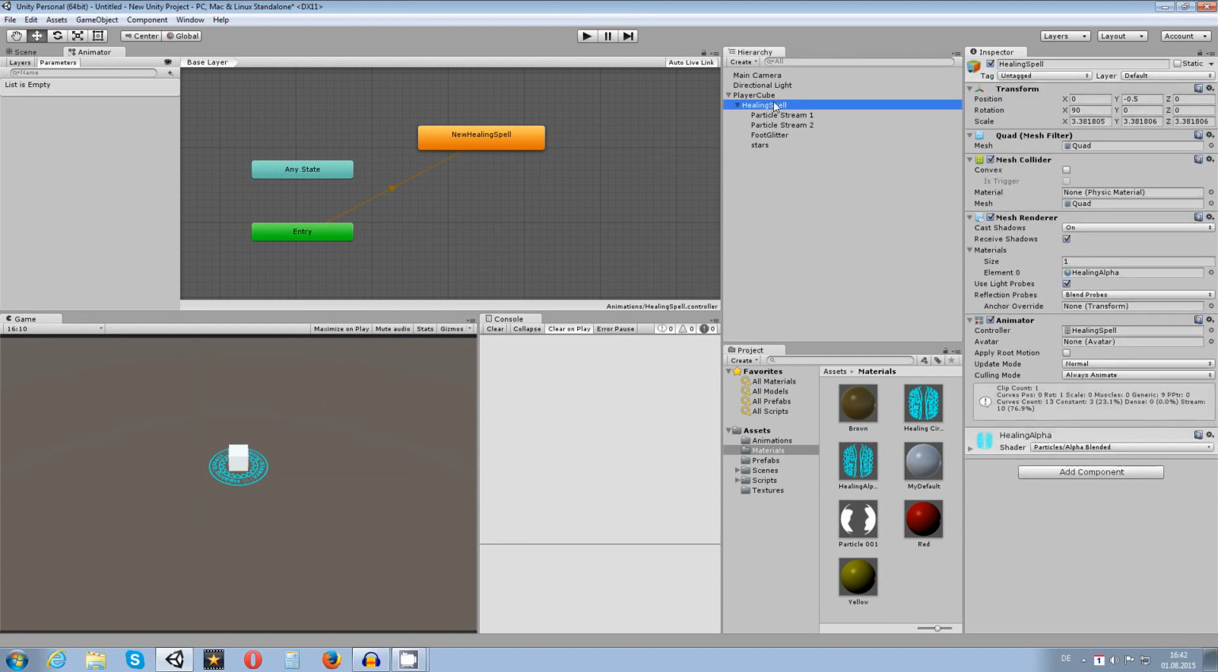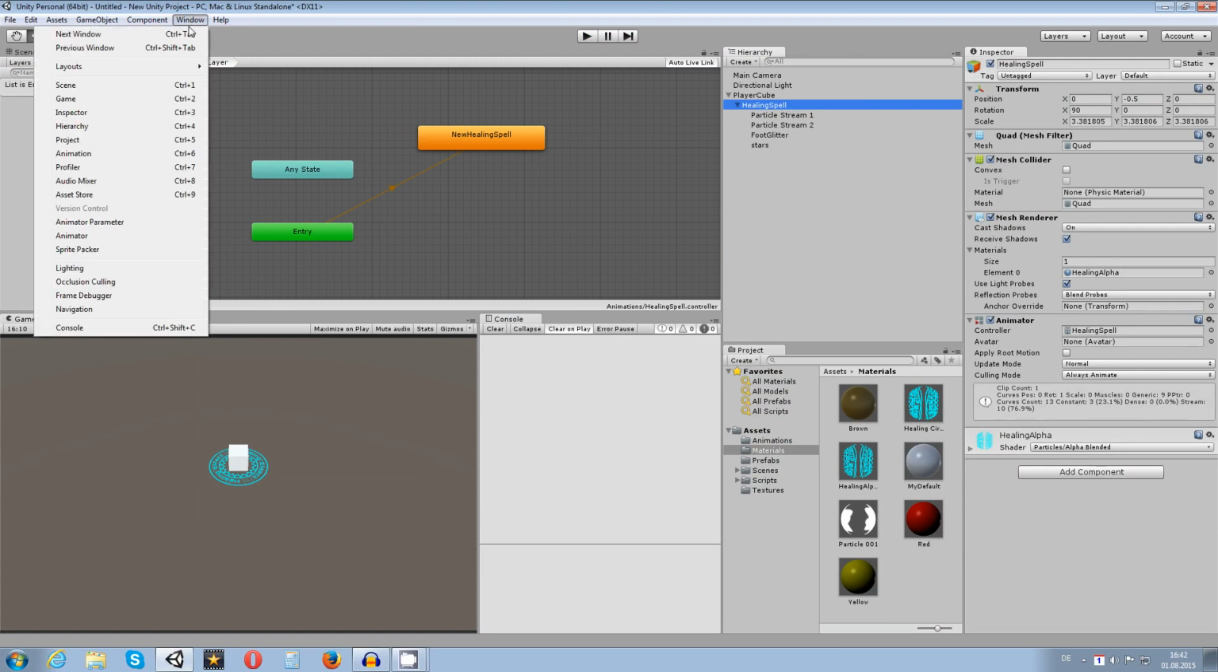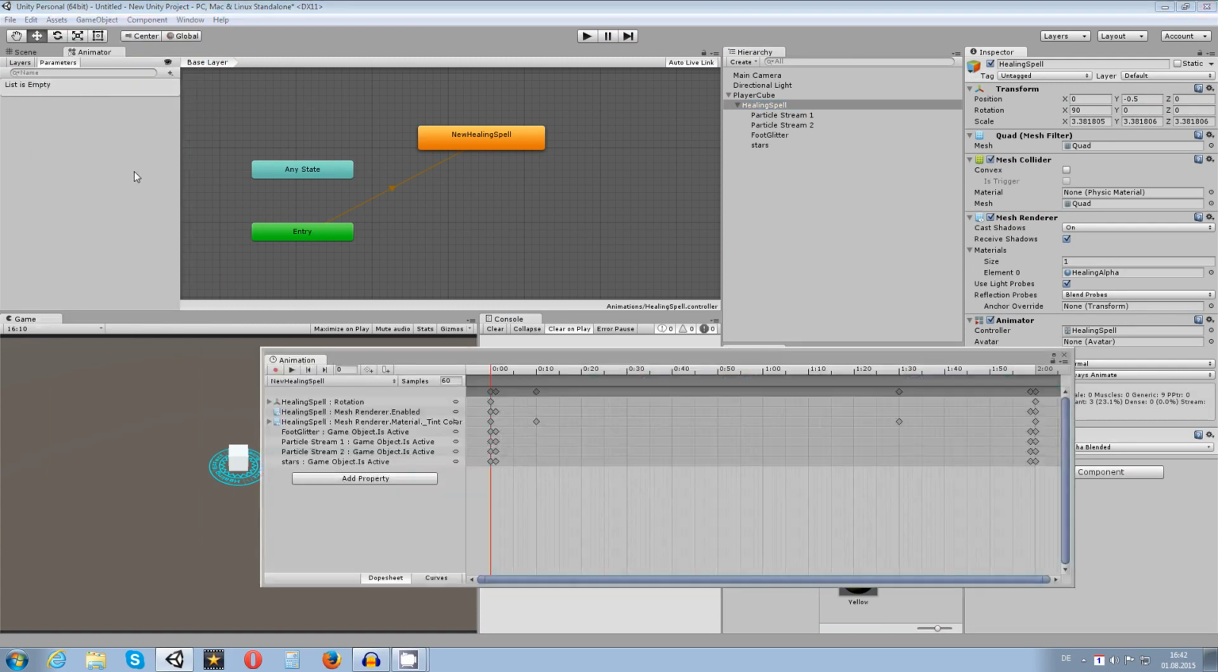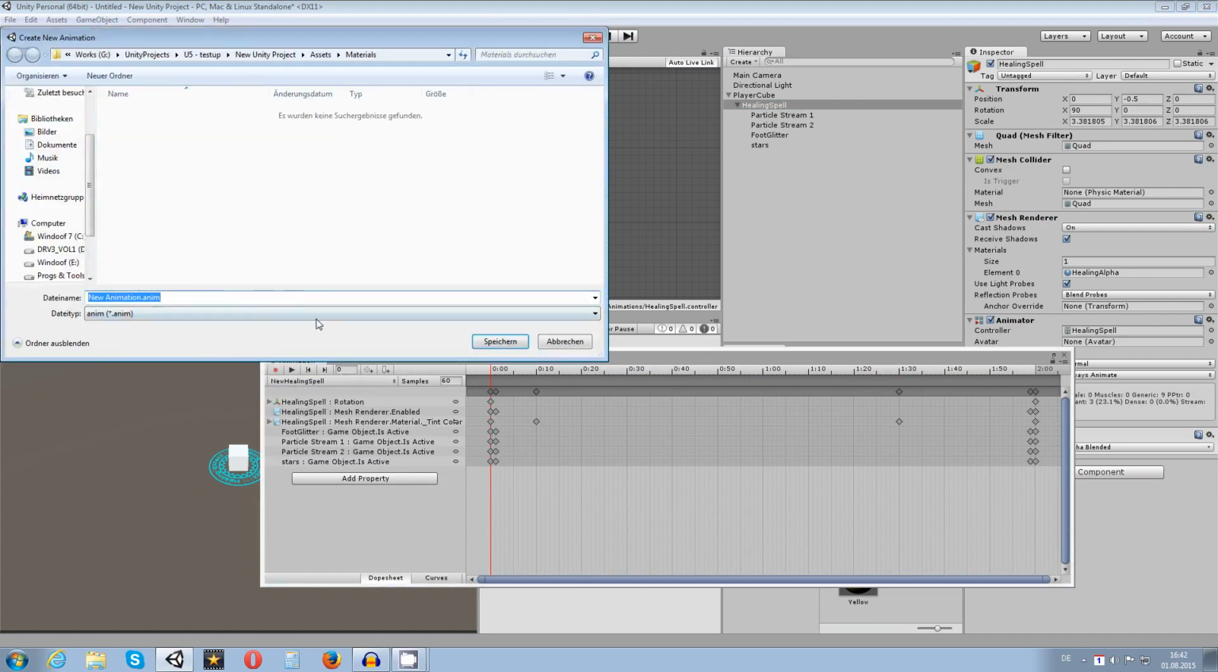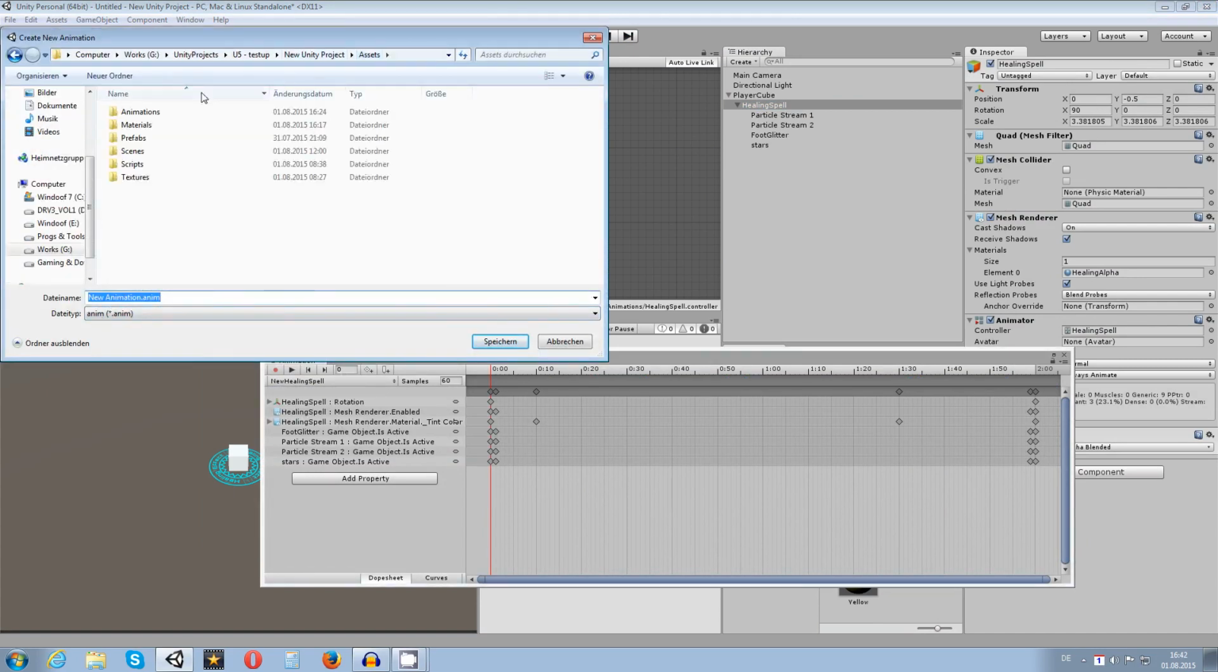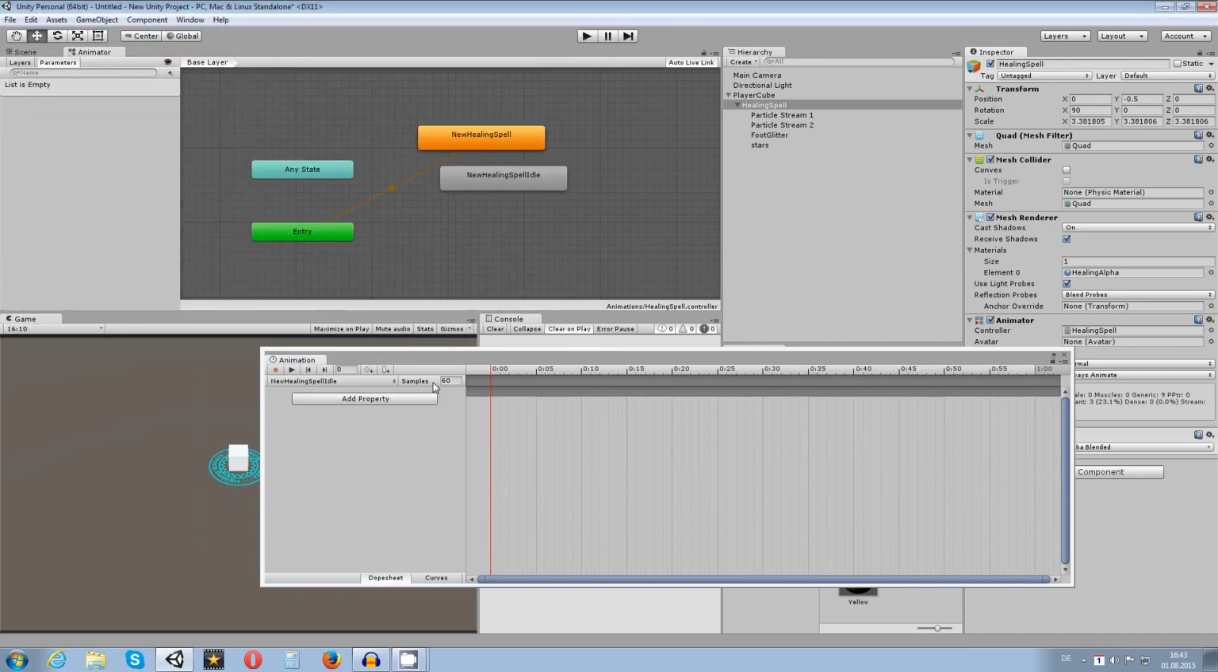So we go over, select the healing spell again, so the quad in it, go to window again, animation, and we go over and create a new clip. Make sure they are all in the right folder, and I call this one new healing spell idle. Call it whatever you like, just make sure that you know what you're going to get. And we set some